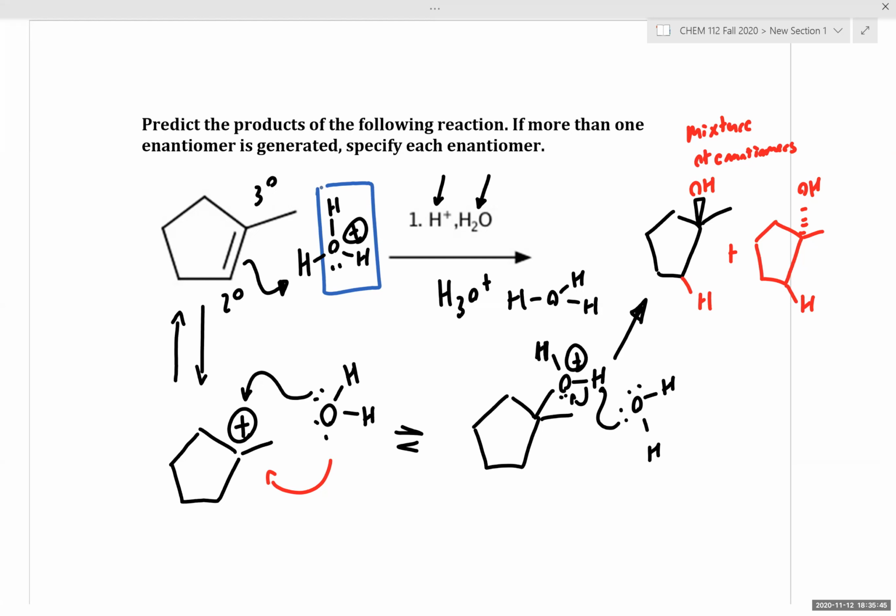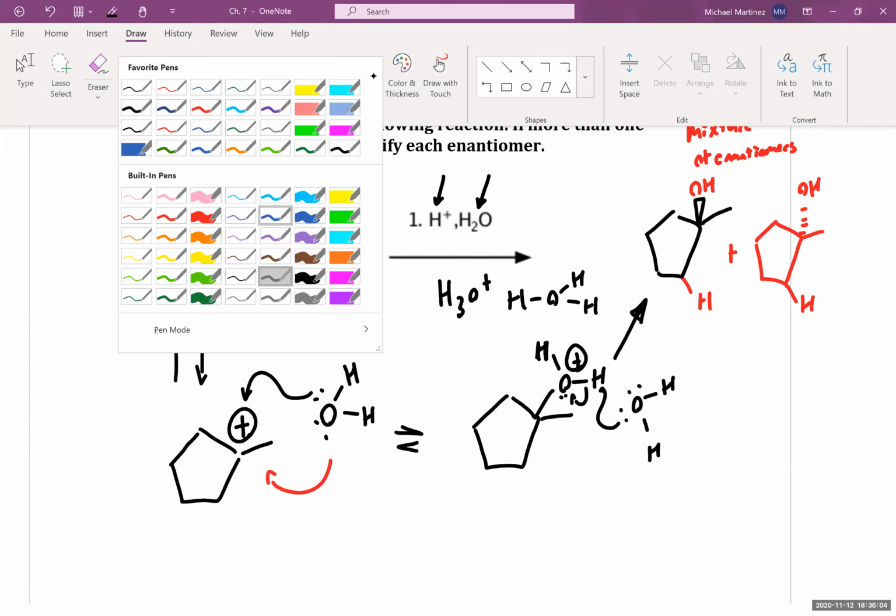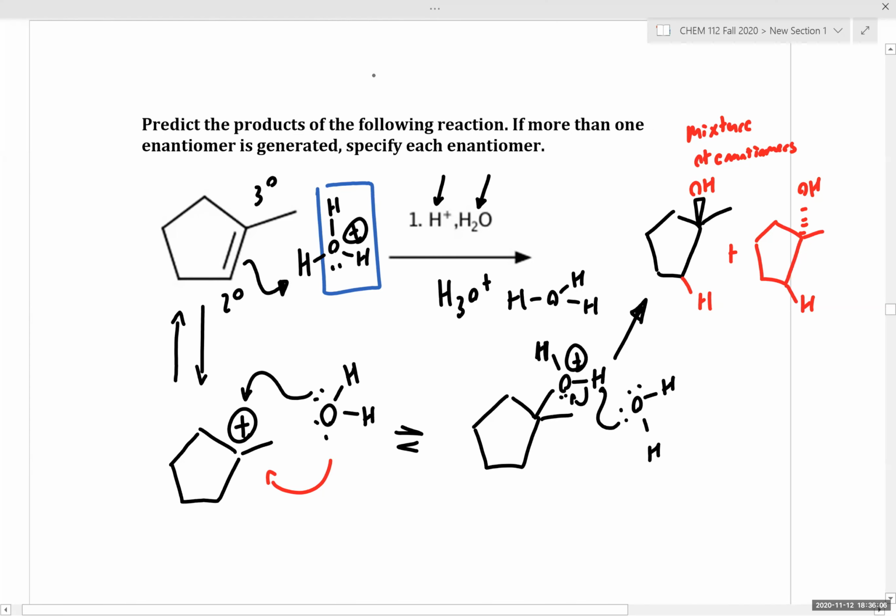Does this mechanism make sense to everyone? And does everyone understand why we get a mixture of enantiomers? Any questions on this example? Okay, so